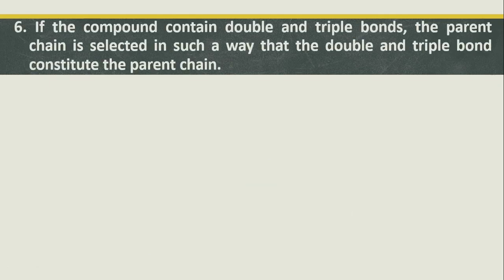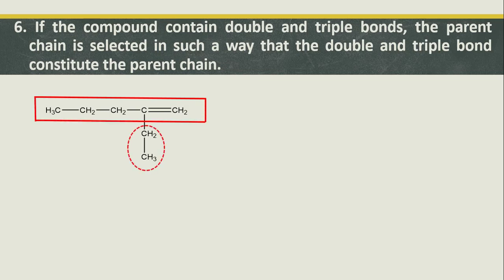Similarly, the next rule: if a compound contains a double or triple bond, then the parent chain should be selected in such a way that the double and triple bond also constitute the parent chain. Let's see an example here. Here the longest chain is seen to contain 6 carbon atoms. However, it does not include the double bond. So the double bond should also be included while numbering the carbon atoms. So the linear chain that is selected as the parent chain contains a branching or substituent that is an ethyl group. So the name of the compound will be done on this basis, and let's see the numbering